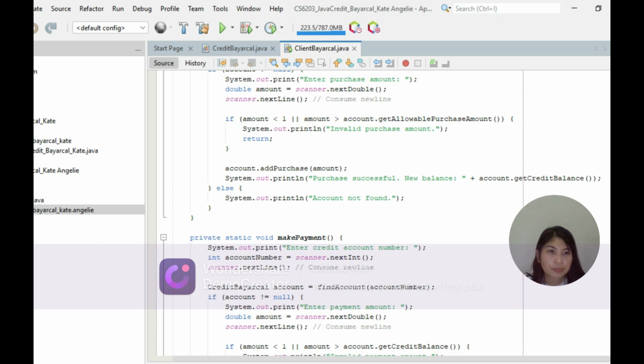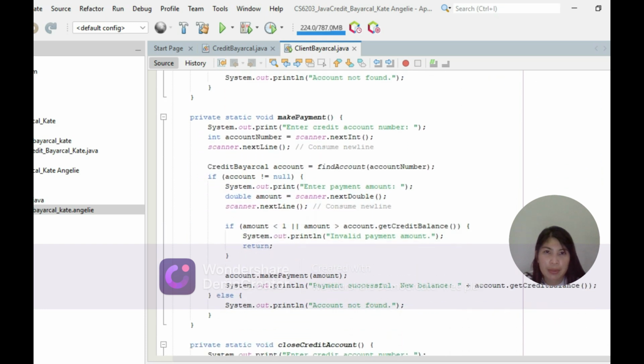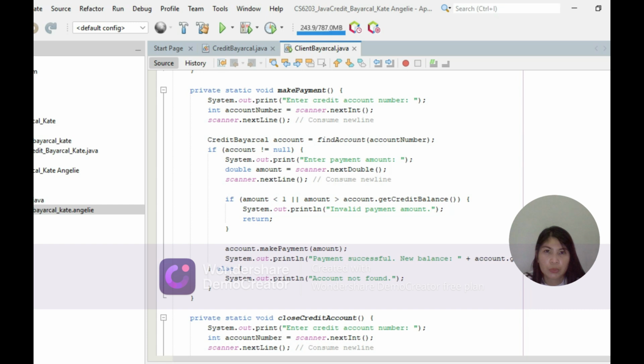And then next is the make payment. So private static void makePayment() {, System.out.print enter credit account. Every time you make a transaction, you will always enter the credit account number to identify the client's account.